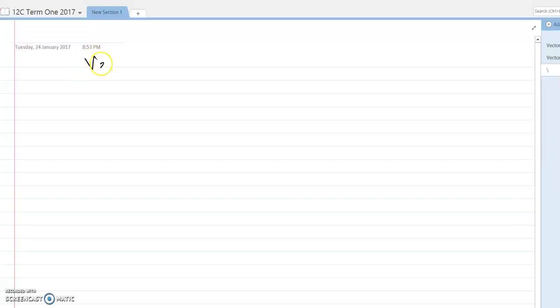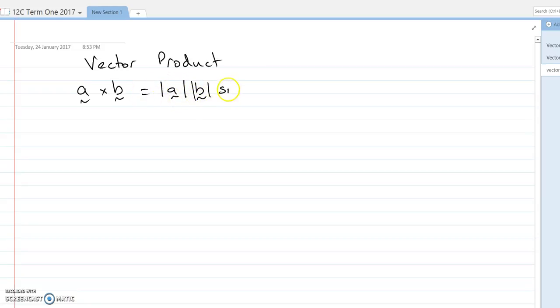Okay, next step is an application of our vector cross product. So this is our formula, sine theta. Okay, now if we go back to year 9